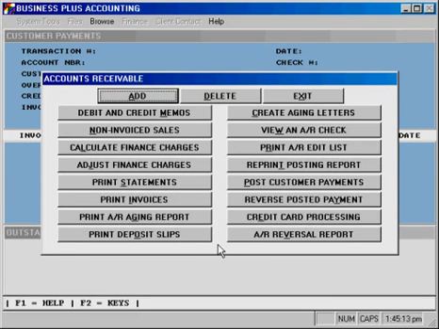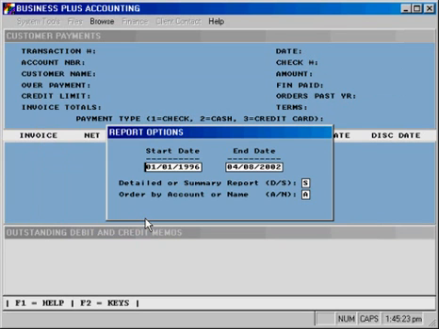The accounts receivable module also features several important accounting reports that you can use to assist in tracking your receivables, deposits, etc. Let's look first of all at the AR aging report. The AR aging report is going to show all invoices that are currently due with their current aging. If you want to filter that by invoices that were created during a certain date range, then you can put those dates here. The software will default to dates that will show you all of the currently outstanding invoices on